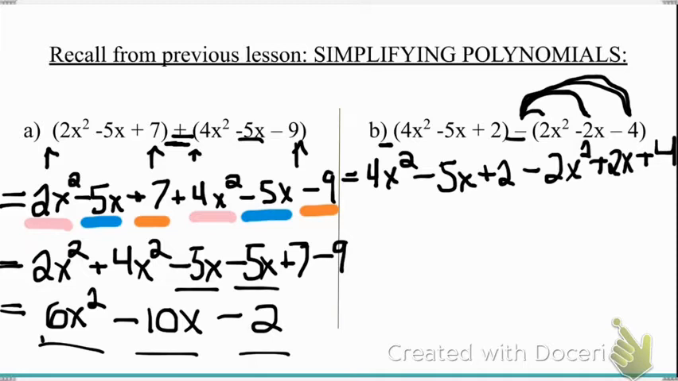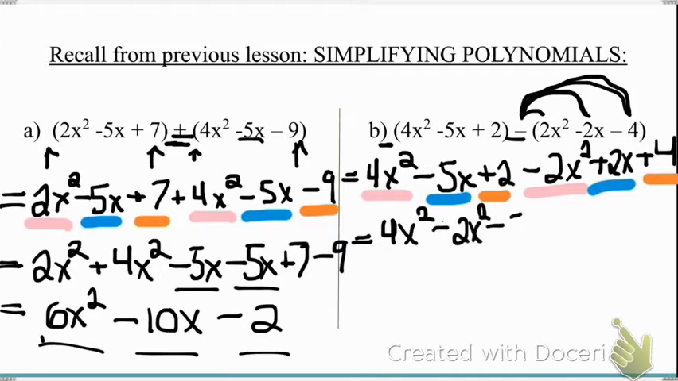Then we're going to collect our like terms. So I've got the 4x squared minus the 2x squared. Got the minus 5x plus the 2x. And lastly, I've got the plus 2 and the plus 4. So we rewrite it, and we put all the like terms next to each other. So 4x squared minus 2x squared, minus 5x plus 2x,